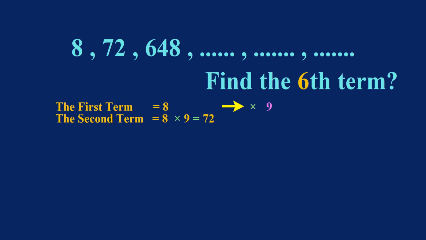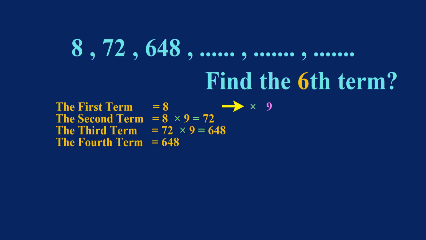And the third term is 72 times 9, which equals 648. And the fourth term is 648 times 9, which equals 5,832. And the fifth term equals 5,832 times 9, which equals